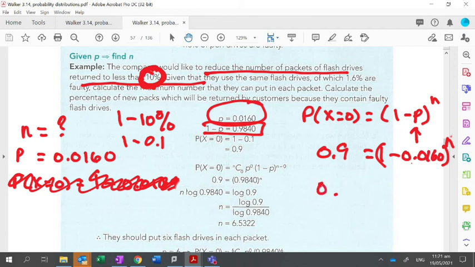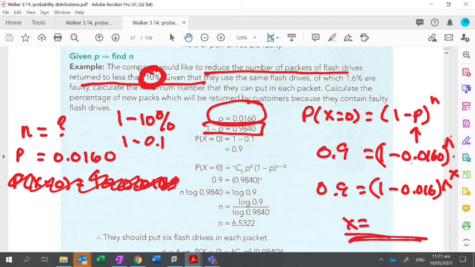So just put 0.9 equals 1 minus 0.016. And remember, n is too hard, so just put caret x. It'll give you your answer. Instead of saying n equals, it'll give you your answer as x equals, but that's fine. Okay? It'll say x equals some number. So do it. Let's make sure